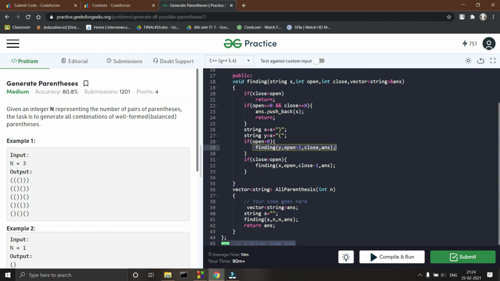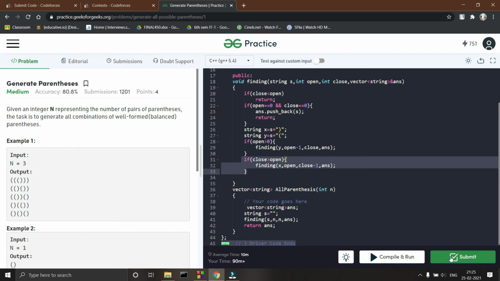I am calling the function again, and I am operating it again using this string. Okay, and if close is greater than open, then I am using string x in another recursion, like in another operation of the function. Okay, so here I hope you understood what I did.